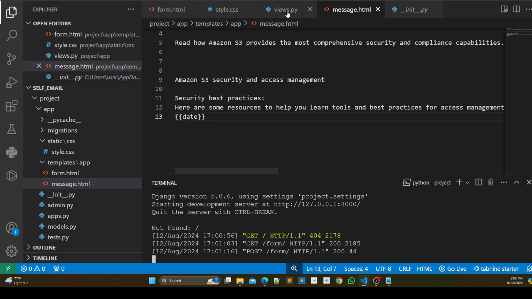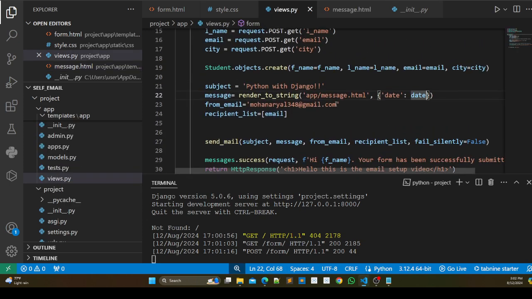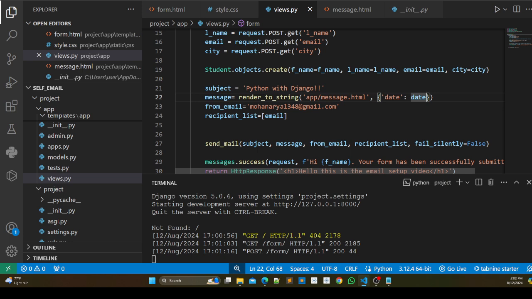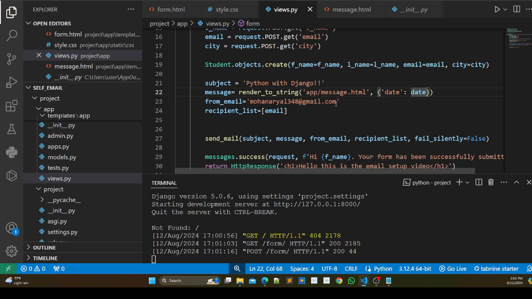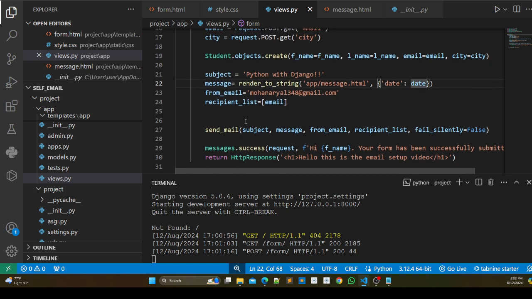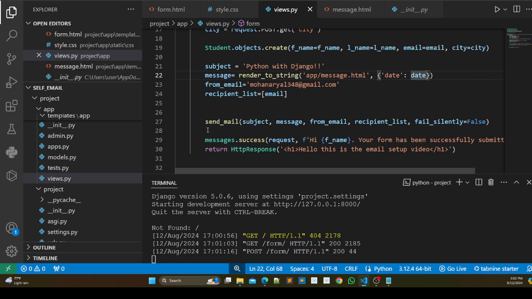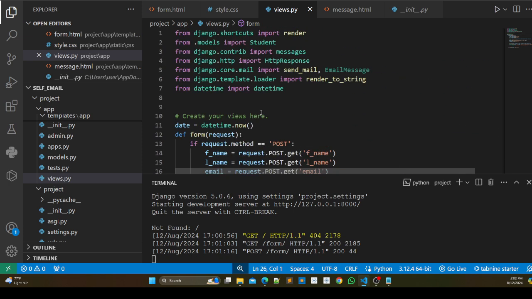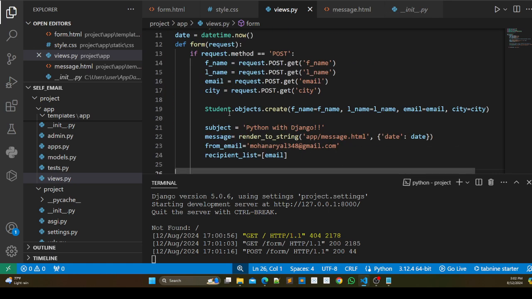Okay, so in views.py, I'll keep the subject the same, the from email the same, and the recipient also the same. In place of this send mail, I'll use this EmailMessage. So in order to send that,